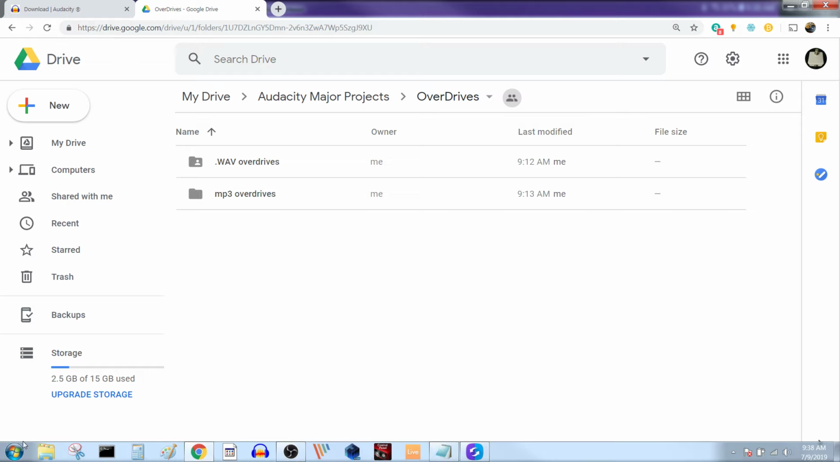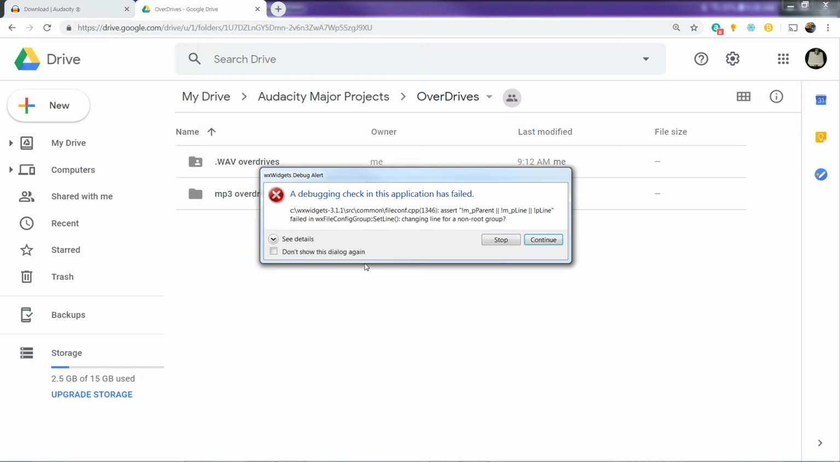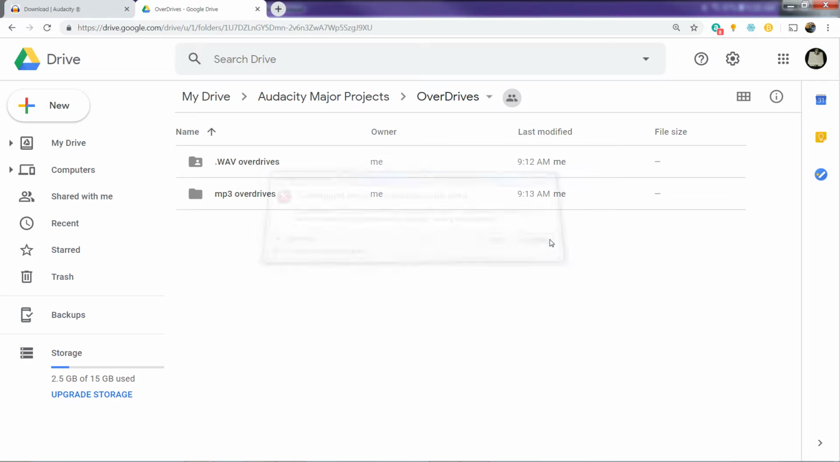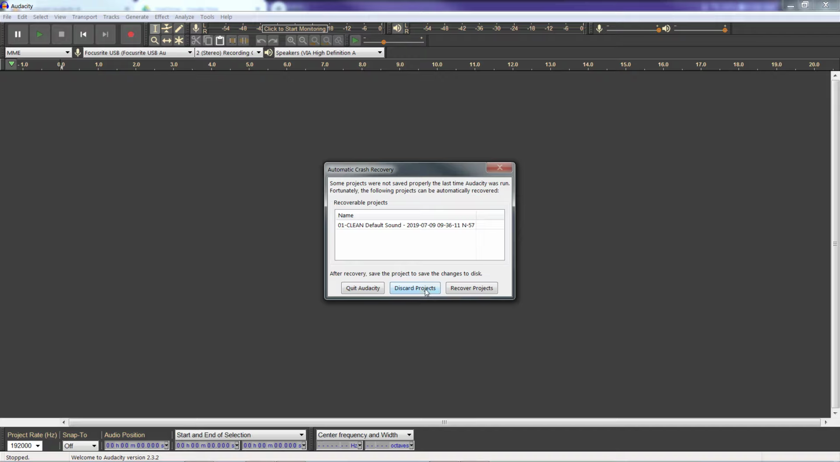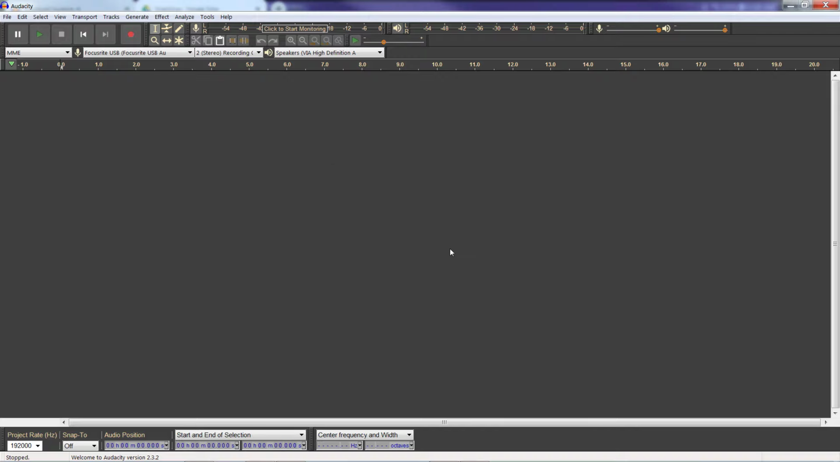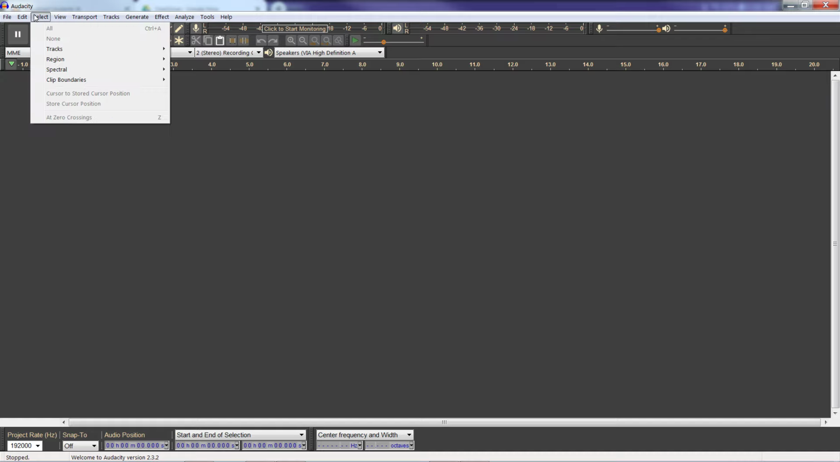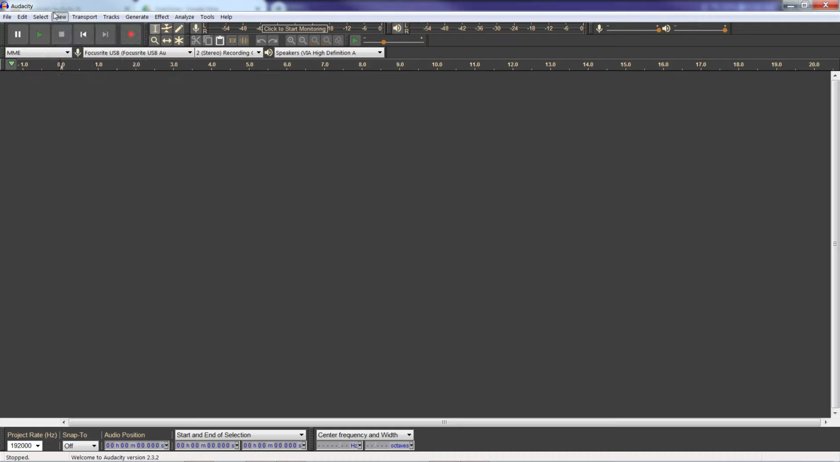And speaking of that, what you'll want to do is open up Audacity. It'll throw an error report. Then you'll come in, and there is a dark mode. I do suggest it. First thing you want to do is go to